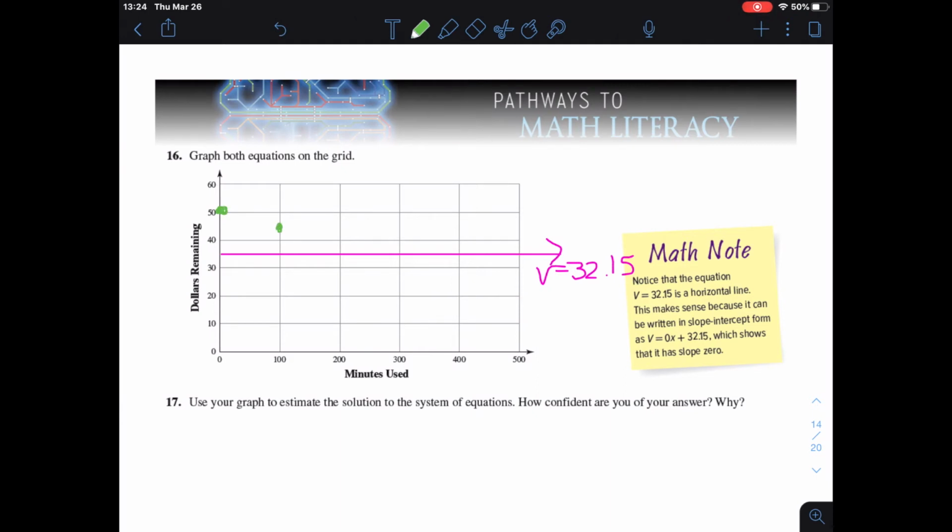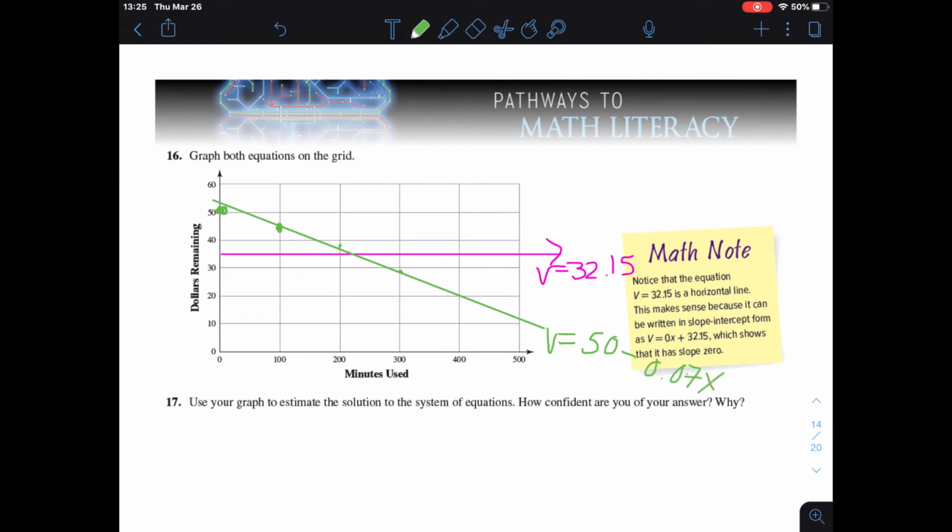After 200 minutes, you're down to 36. And then at 300, we're a little less than $30. The equation of our line would look like this: V equals 50 minus